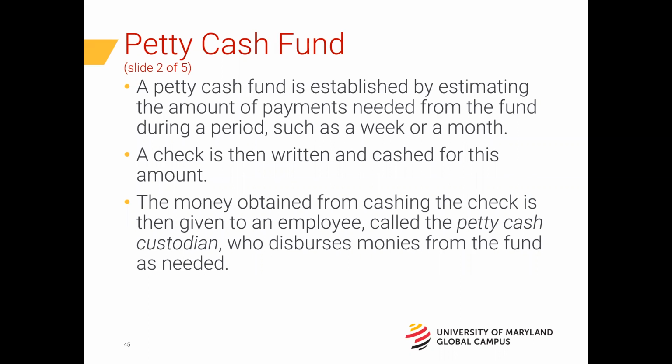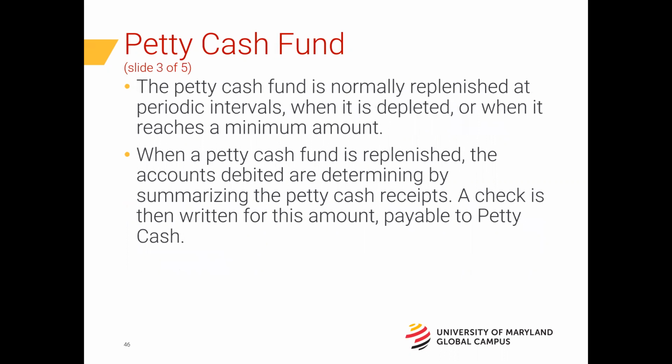And you use those funds for various reasons, typically small in nature, obscure in nature, but you need to make sure that when cash comes out of the petty cash fund, there is a receipt associated with that disbursement. So for example, let's say I'm working at the front desk and I need to go get stamps from the post office. I go get stamps using petty cash from the front desk. The post office gives me a receipt for the purchase of those stamps. I put that receipt into the petty cash drawer. What that does is it creates a paper trail for the use of the petty cash fund.